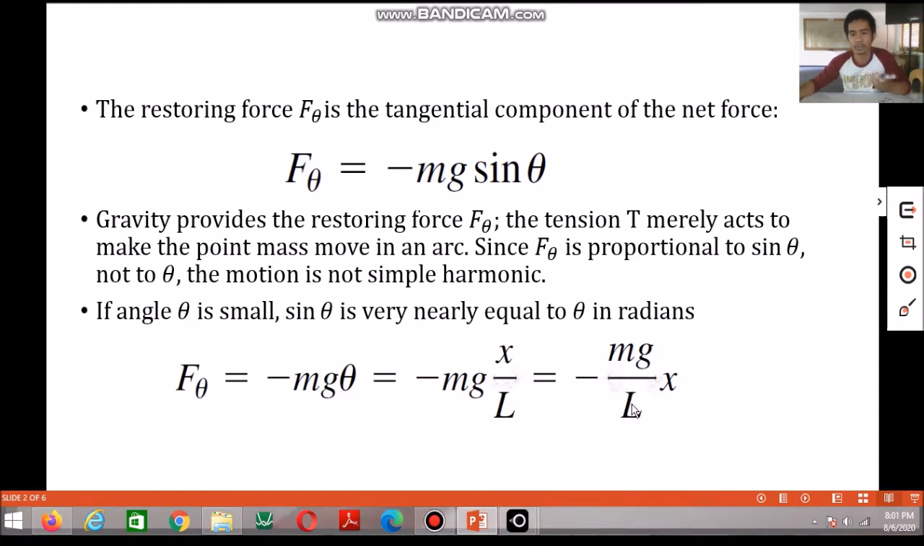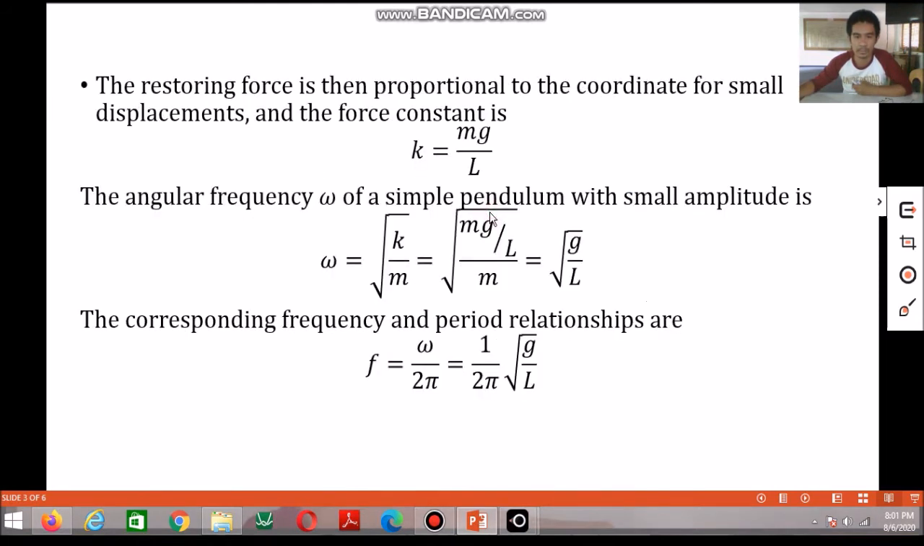Mg over L can be compared to the spring constant if this obeys Hooke's law. Mg over L is the spring constant, and x is the displacement of the pendulum. So the restoring force is then proportional to the coordinate of the small displacement, and the force constant is k equals mg over L. Mg over L is equivalent to the spring constant, because m, the mass of the bob, g, the acceleration due to gravity, and L are the same at every position of the